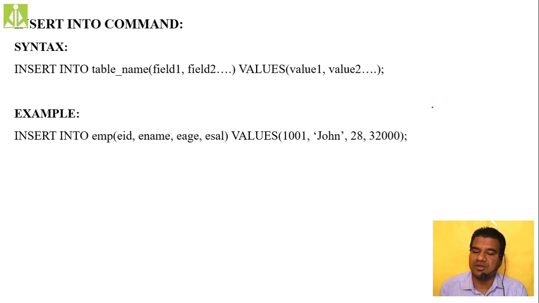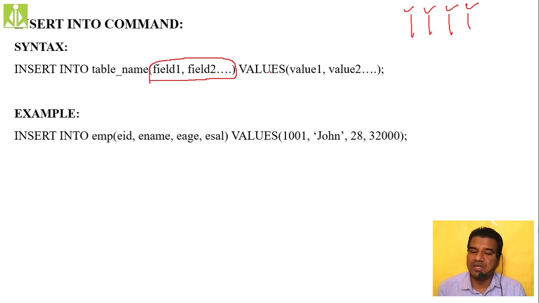Let us assume inside your table, that's why the terminology is very important, if you have 4 fields, just now inside our employee table we have 4 fields, and you are doing the data entry for all 4 fields, not missing or skipping even a single field, then inside this insert into command you can skip this area and write directly insert into table name values, followed by the values. 4 values you have to provide. You cannot skip even a single value when you are doing it like that.